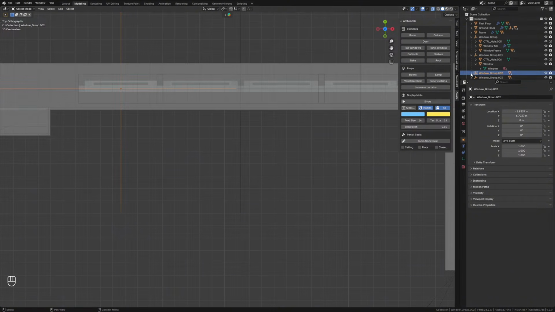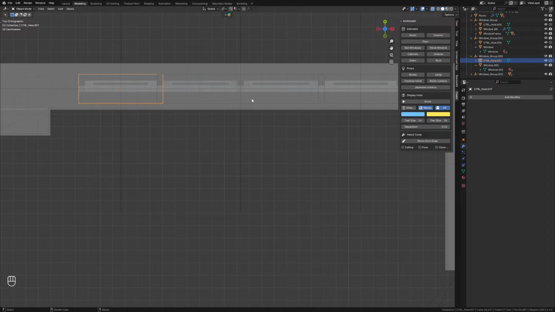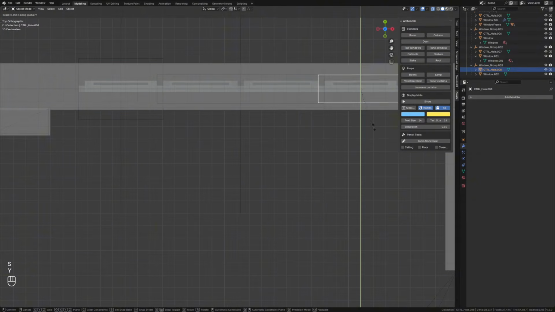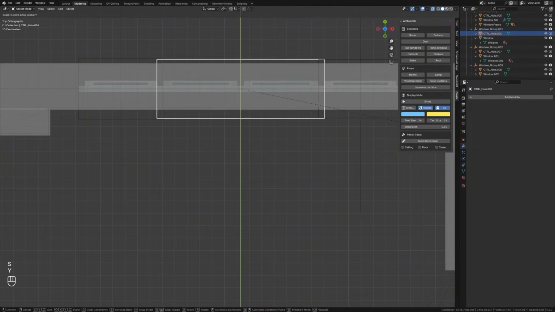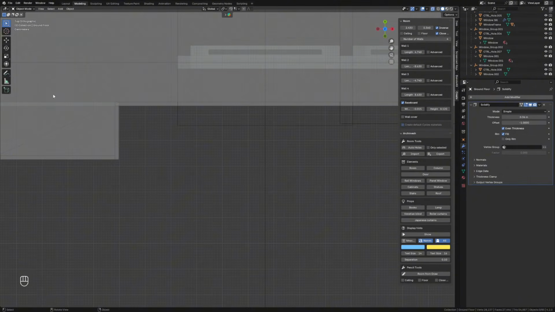Now, just like all the other windows and doors, we need to go in here and grab this control hole and just make sure that that is covering the whole wall. So we'll go through and scale those boxes up and just make sure that we've got that whole wall covered, just like that. And then just final tweaks, and me being a bit of a perfectionist, I went back and